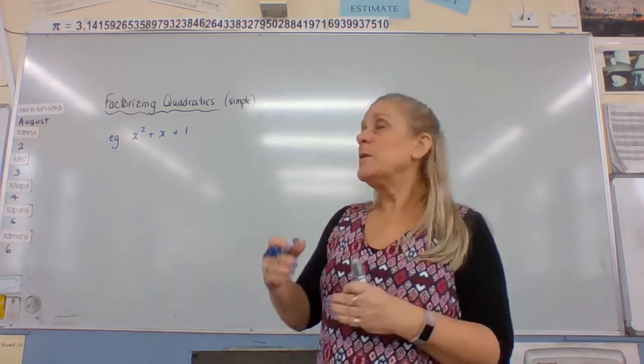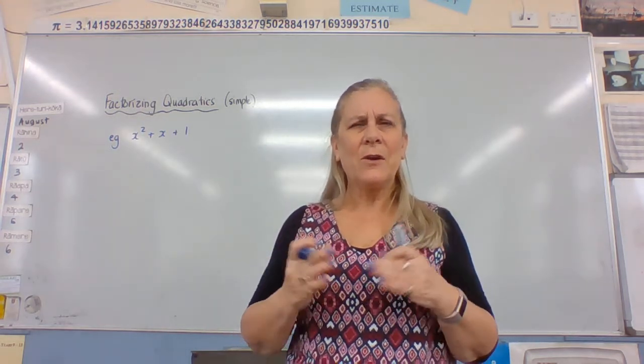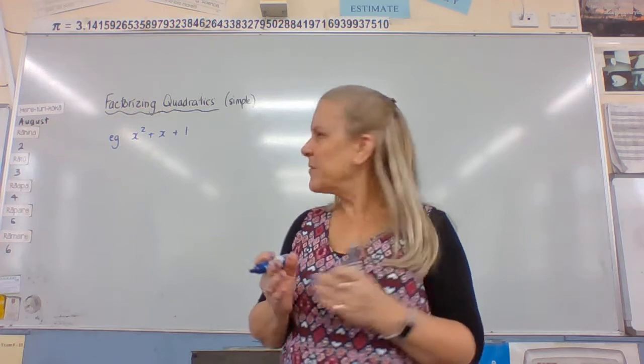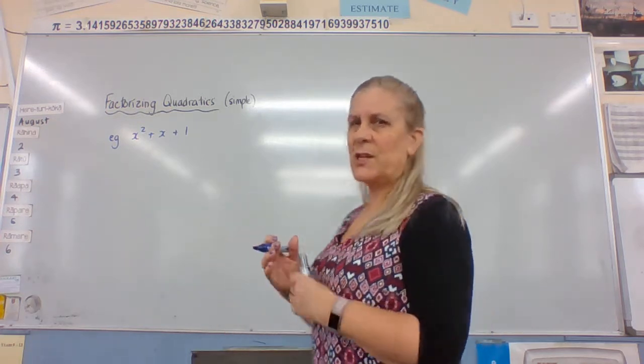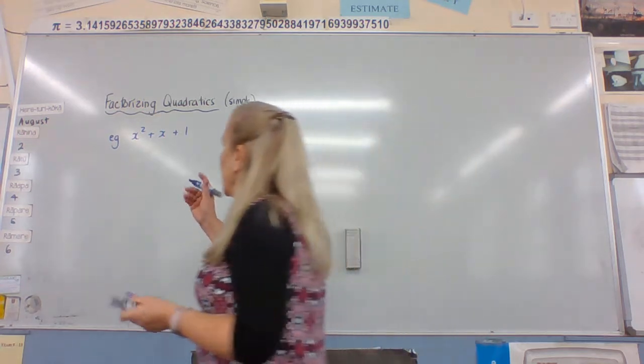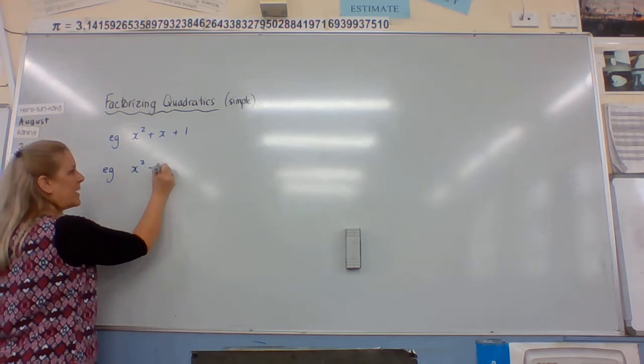What we want to do, remember that factorising means we're trying to put it in brackets. We're trying to take out the greatest common factor, the highest common factor of a quadratic. That starts to get a bit tricky. So, if we look at this one,